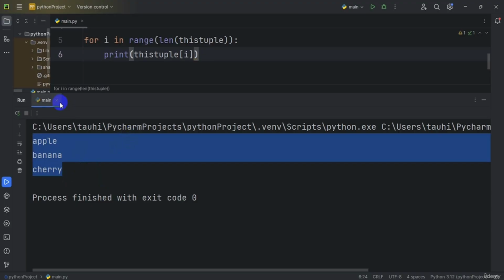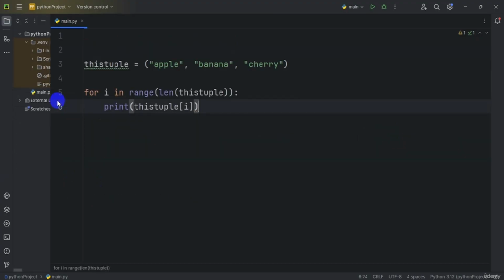Next step, I'm also creating this using a while loop. In this while loop, use the length function to determine the length of the tuple. Then start at 0 and loop through the index with the while loop. Remember to increase the index by one after each iteration. Now here I'm creating the print of all items, using a while loop to go through the